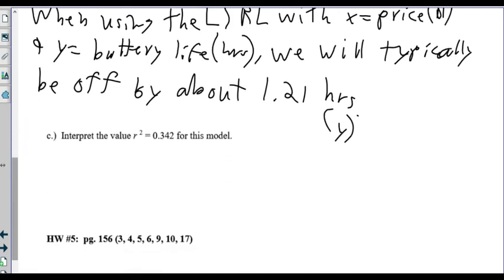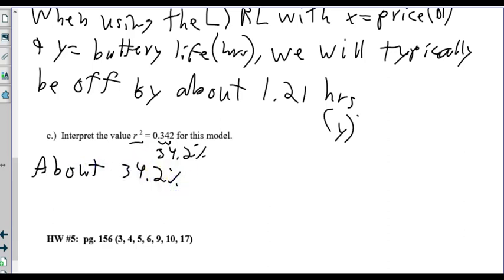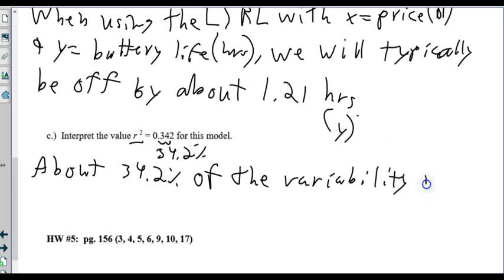And then lastly, we're given R squared. We know we need to change it into a percent, so we move the decimal 2 places, so that's 34.2%. And then we just copy and fill in the blank the statement on the previous page. It goes like this. About 34.2% of the variability in battery life, and you can put parentheses HRS, hours, is accounted for